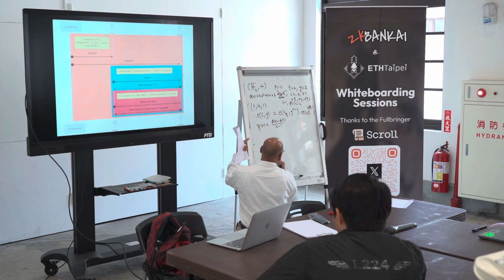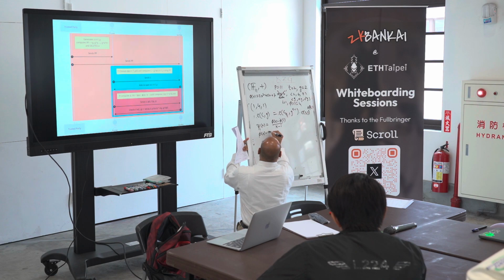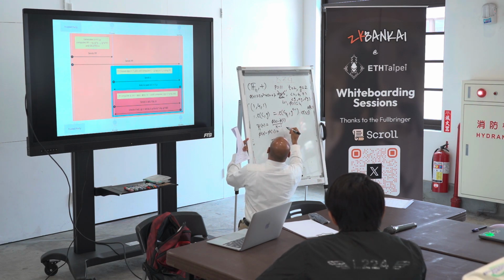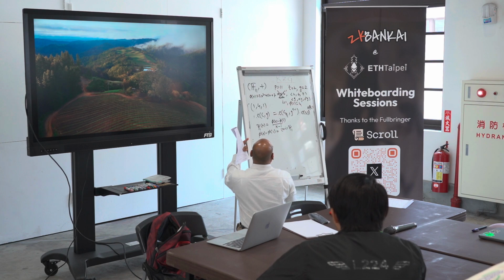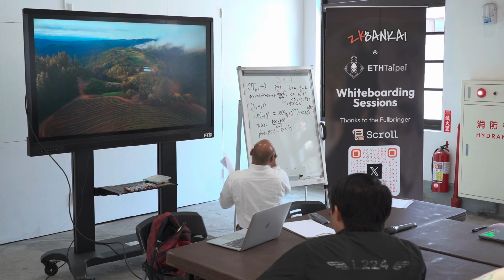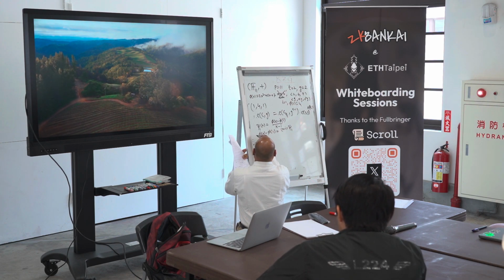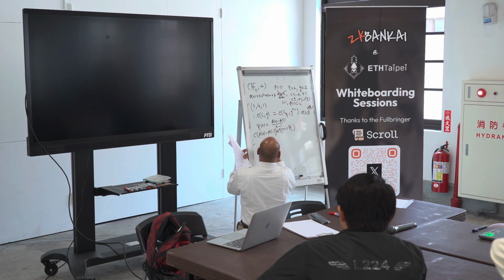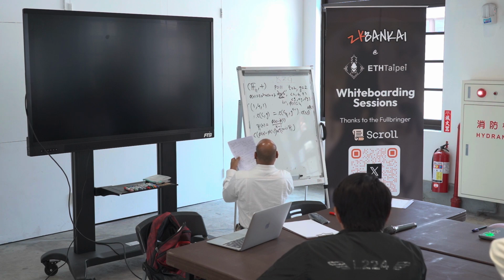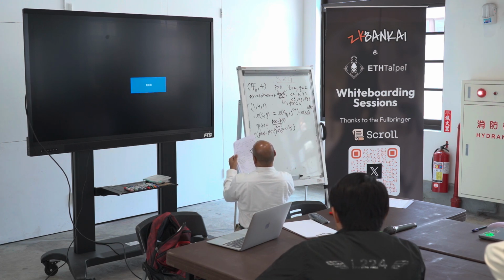So if I rearrange this, basically what we have is phi of x minus phi of I is equal to x minus I times psi x. Right? So if I take the commitment on both sides and apply the pairing, basically I end up with